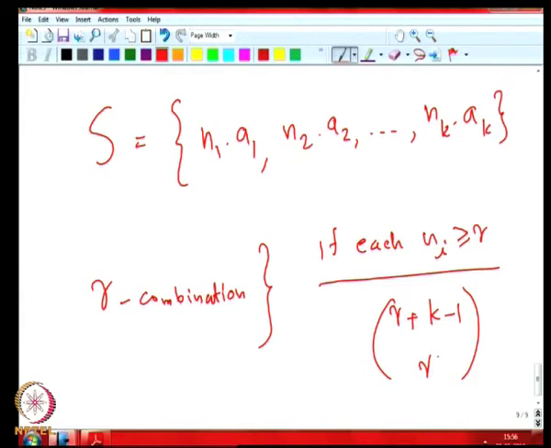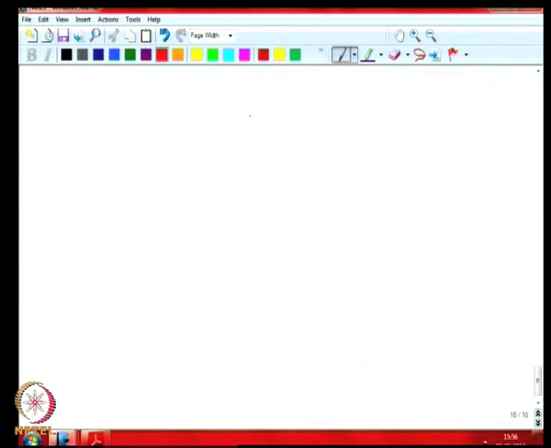On the other extreme also it is easy. For instance, namely N1 equal to 1, N2 equal to 1 and Nk equal to 1. Suppose all of them are 1, then also it is easy. Though we call it a multi-set, it is just a set A1, A2, Ak, no repetition, right. So, how many R combinations can we make out of it? That is our simple case: k things are there, out of which R combinations are to be made, that is k choose R, that is very easy.